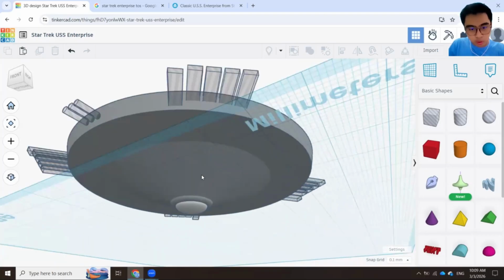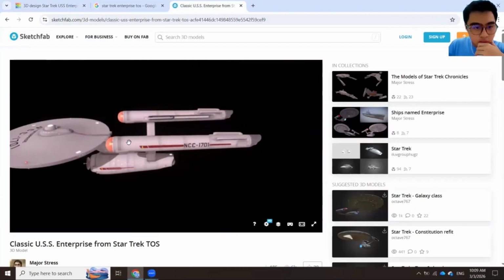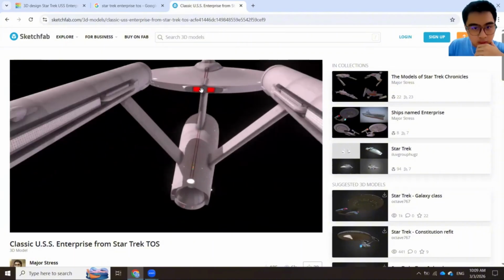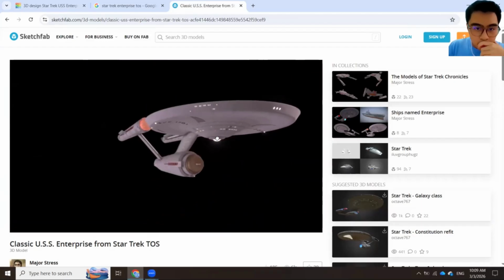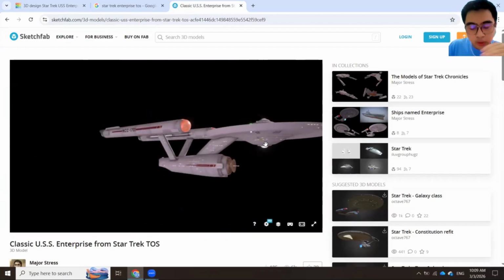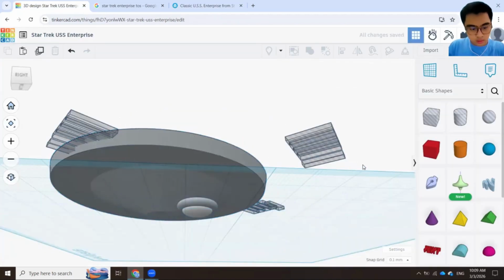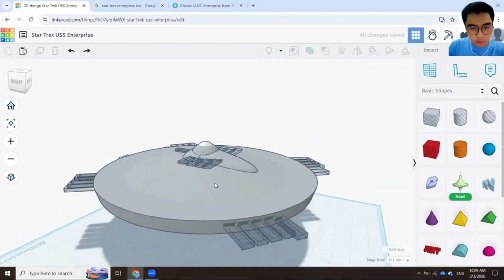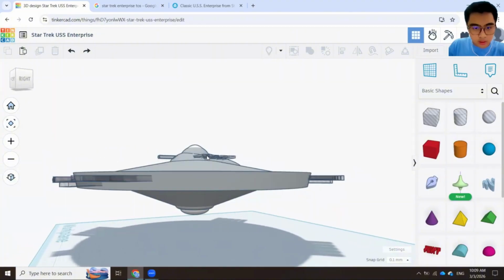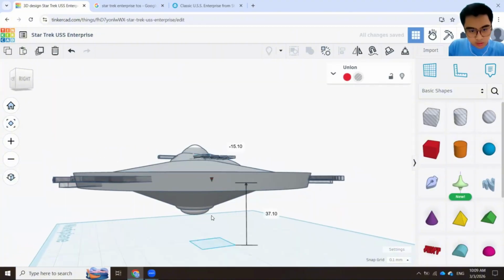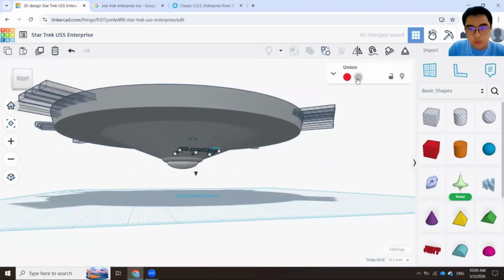Now we're going to do the bottom part down here. After that, we're going to focus on the back part, which is this part, the impulse drive. Okay, so windows down here. I'm thinking of making it just 4 down, 2 up. And I'm going to use these upper windows to make that happen. Okay, take this, Control D, drag this one at the bottom here. Okay, going to ungroup them.